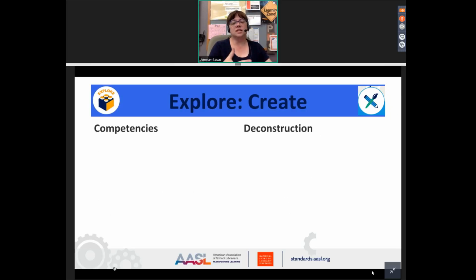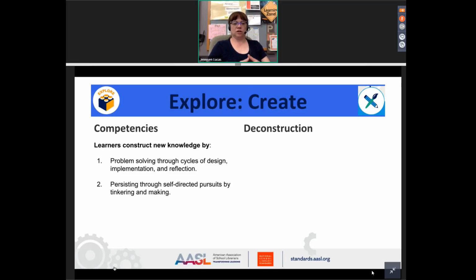Okay, so moving to our second domain, to create. Our competencies here, our learners are going to construct new knowledge by problem solving through cycles of design, implementation, and reflection, and persisting through self-directed pursuits by tinkering and making. And I will admit that this one was hard for me to think about because I love the idea of it. In practice, a lot of the stuff that I was thinking about with creating and this explore thing,